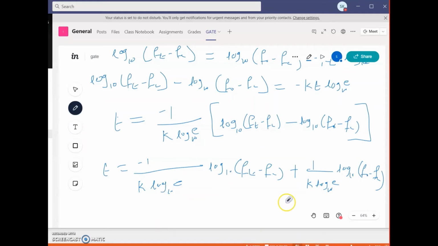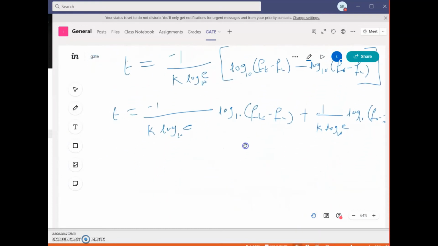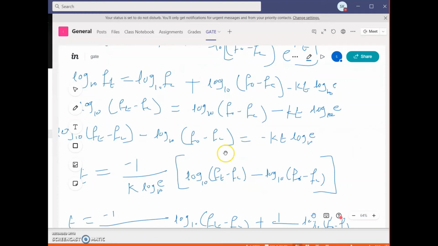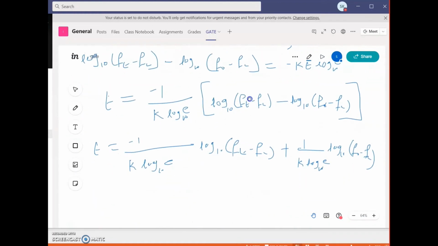What is the relation? Why have I written in this way? Because if you observe the curve, I will tell you what it shows. From this equation, whatever the equation is written over here, this is the equation of a straight line. Okay, and you know the actual equation of the straight line. What is the actual equation of the straight line? That y is equal to mx plus c. Okay, so I will just select the pencil.